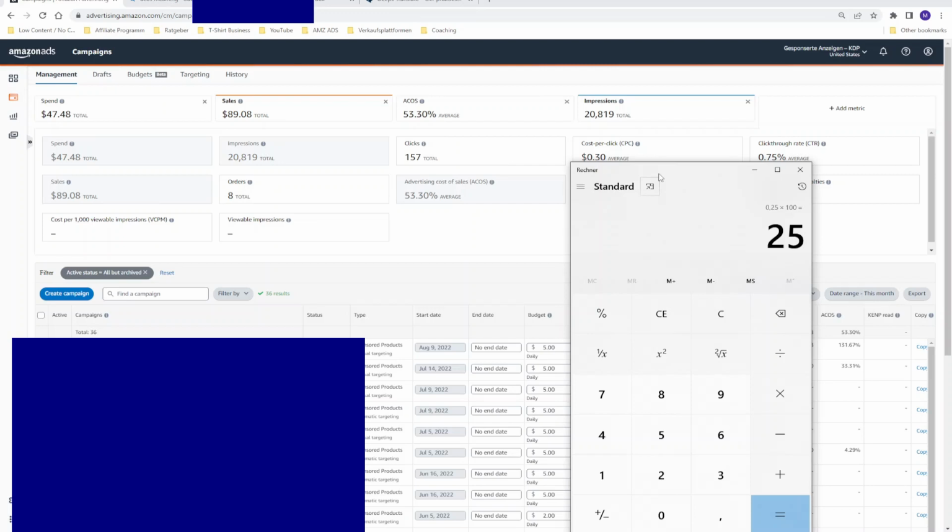Okay, so in this example, a profit margin of 25% and an ACOS of 53% means my ad campaign is not profitable. Okay, so always keep this in mind. You can watch this part of the video again and again. Make sure that you always know what ACOS and profit margin mean.